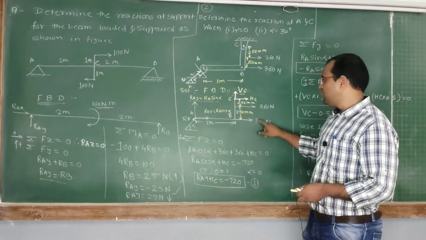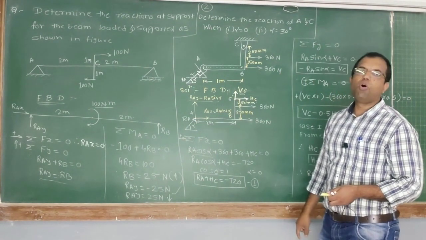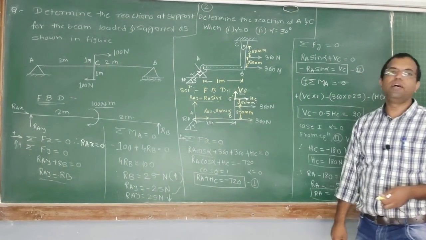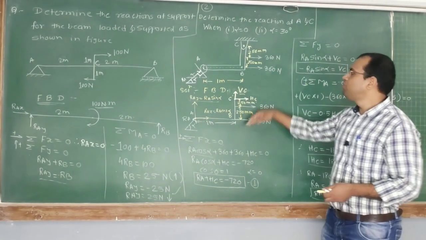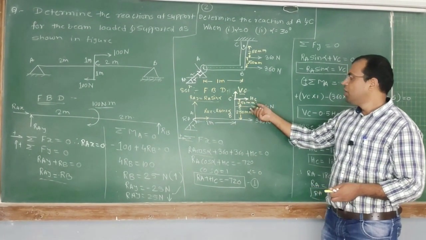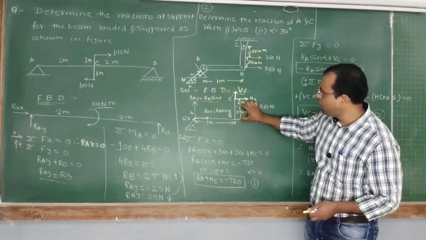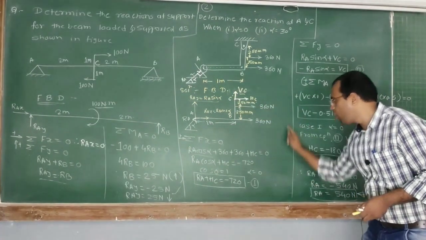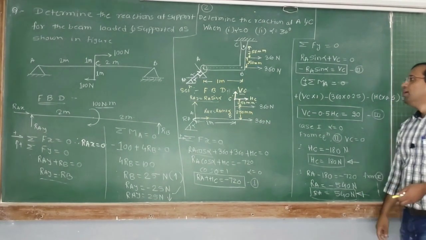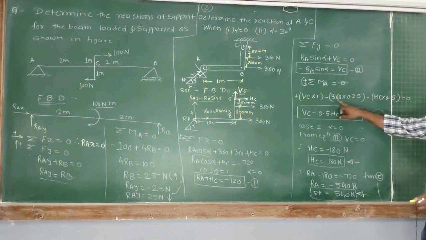Now comes this 360. This 360 Newton force is again passing through point A. Therefore, the moment created by this force is again 0, because it is passing through point A. Now come to the next force, this 360 Newton. The perpendicular distance between this force and point A is this much, given as 250 mm, that is 0.25 meter, and it will create the moment in clockwise sense. Therefore, minus 360 into 0.25. So I have written here minus 360 into 0.25.